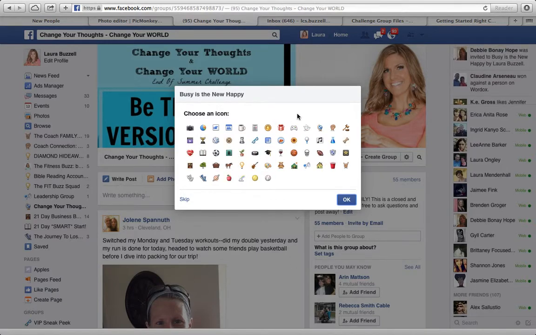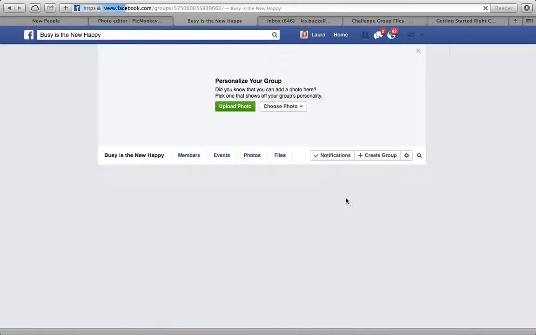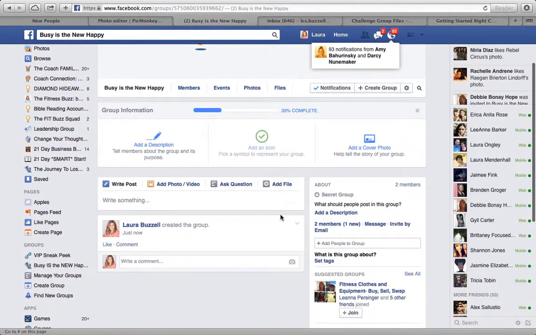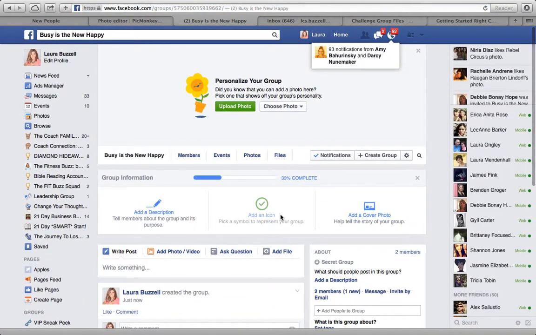And it's going to have you choose an icon, and you can choose whichever one you want. Let's just say I'm going to choose a flower, just for the heck of it. Okay. And then you're going to come to this, and it's going to look very plain. Now, I recommend before you add any of your challengers, you get this not looking so plain,